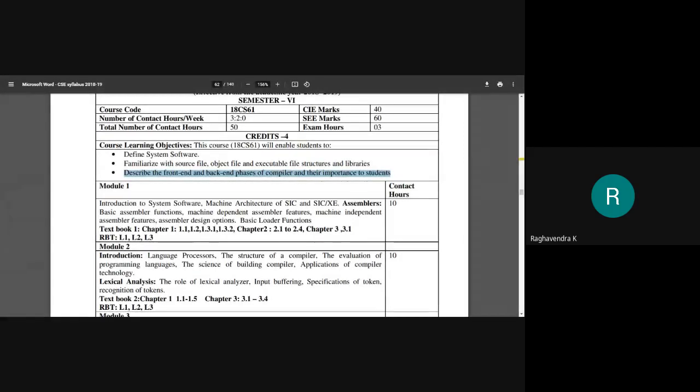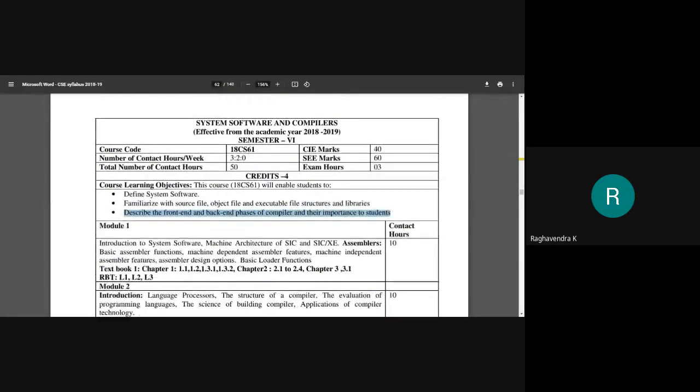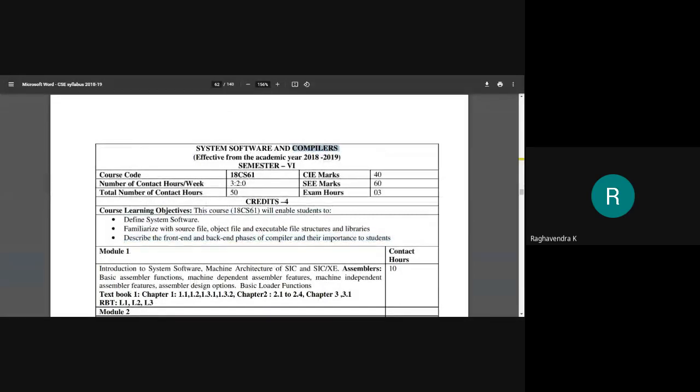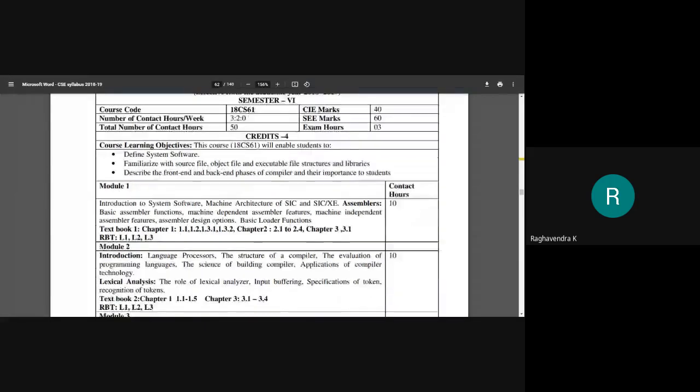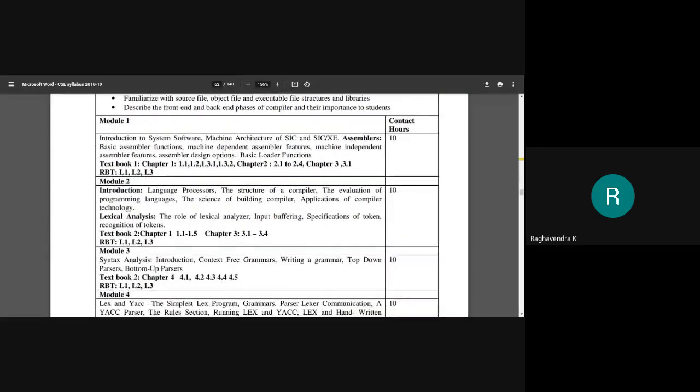Of course, I believe you might be familiar with compilers. So this is how the subject is organized. There is module 1 to module 5. In module 1, we'll start with the introduction and then focus on a few system softwares, especially assemblers and other system softwares like loader and linker.